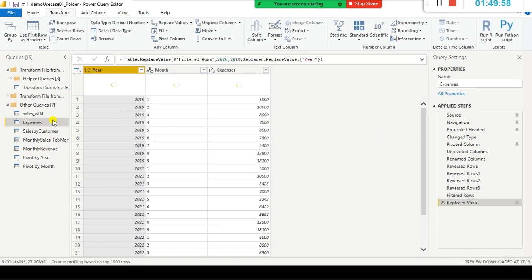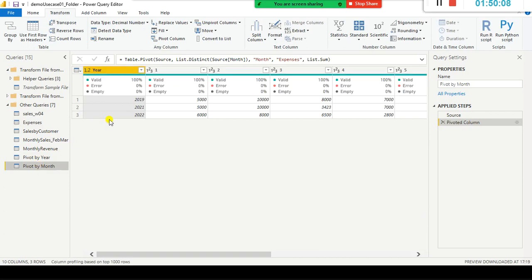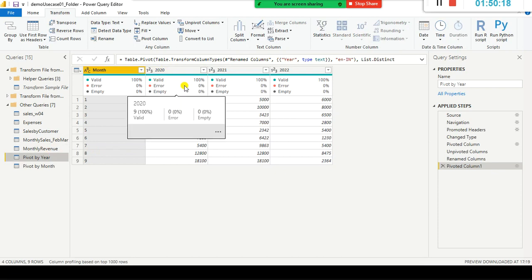Now I made changes to this query's year column value, and now if I go and check it in this one, what is going to happen? See, 2019. Whatever change I made is reflecting here. The same thing we'll check here. Here 2019 was not found.